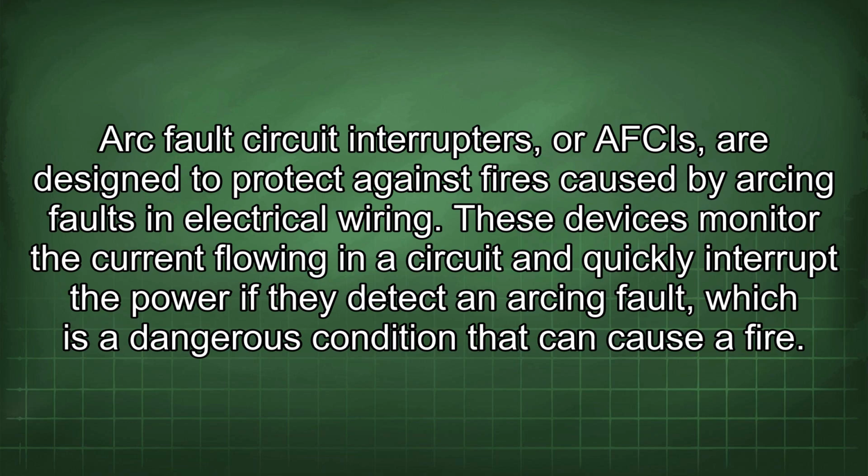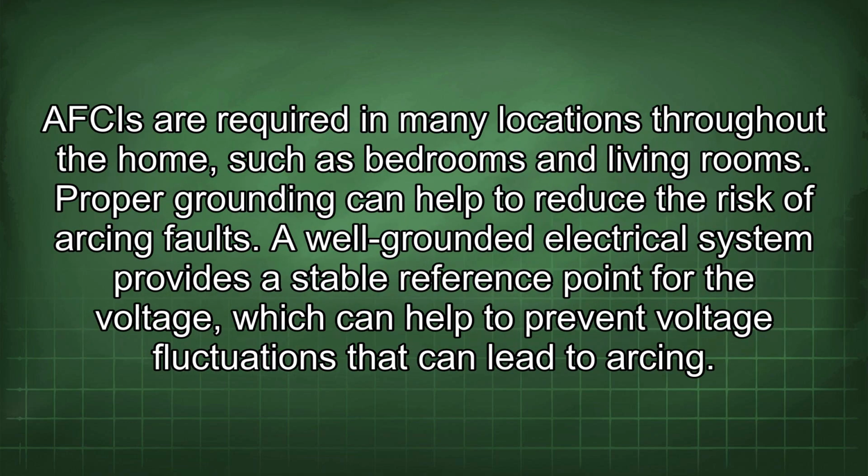in electrical wiring. These devices monitor the current flowing in a circuit and quickly interrupt the power if they detect an arcing fault, which is a dangerous condition that can cause a fire. AFCIs are required in many locations throughout the home, such as bedrooms and living rooms. Proper grounding can help to reduce the risk of arcing faults. A well-grounded electrical system provides a stable reference point for the voltage, which can help to prevent voltage fluctuations that